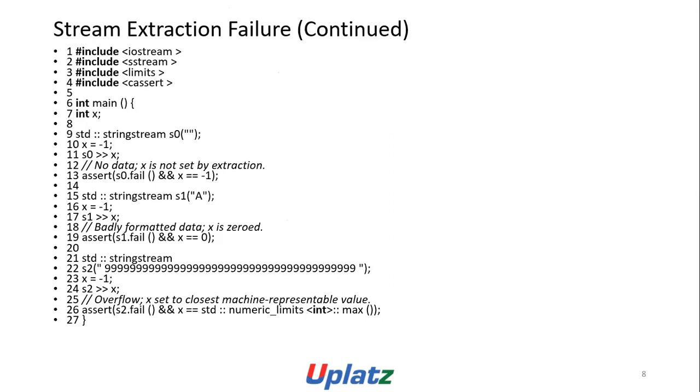Stream extraction failure continued. #include <iostream> #include <sstream> #include <cassert> int main() { int x; std::stringstream s0(""); x = -1; s0 >> x; // No data, x is not set by extraction. assert(s0.fail() && x == -1); std::stringstream s1("a"); x = -1; s1 >> x; // Badly formatted data, x is 0. assert(s1.fail() && x == 0); std::stringstream s2("99999..."); x = -1; s2 >> x; // Overflow, x set to the closest value the machine integer type can represent. assert(s2.fail() && x == std::numeric_limits<int>::max()); }